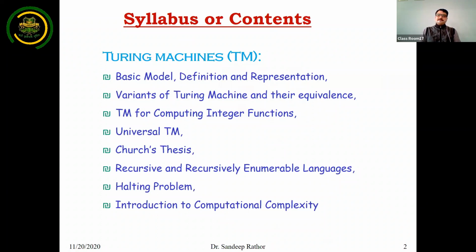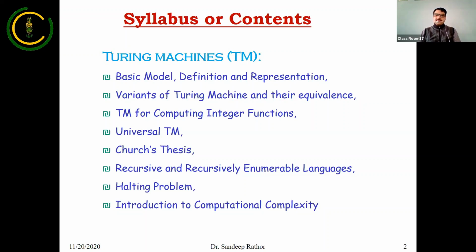After that, we will discuss different state diagrams. How can we represent the execution of a Turing machine through a diagram? Then we will discuss different variants of the Turing machine and their equivalence. After that, we will construct different Turing machines for different types of integer functions. So these are the basic outlines that we have to cover